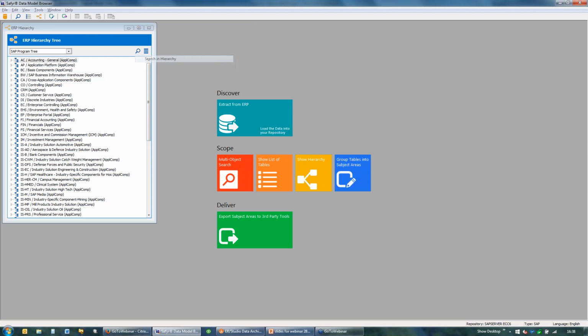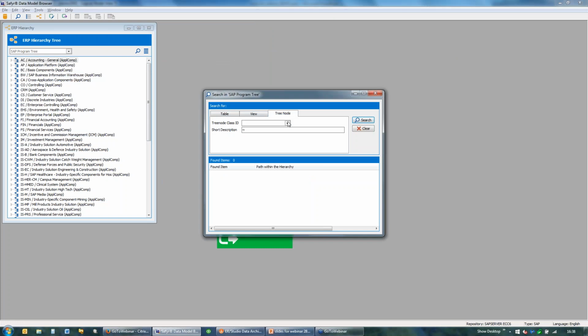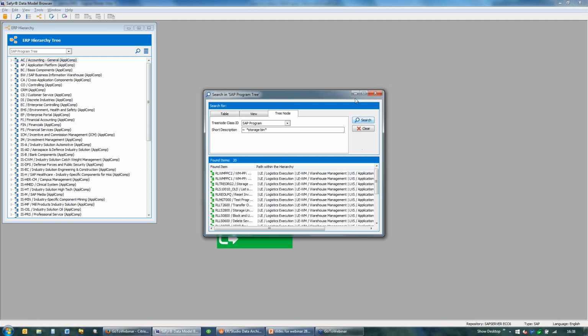So what I can do is a search within that hierarchy, and I can search for things like transaction codes, T-codes. Lauren mentioned this. I can also search for actual programs. So rather than looking for tables, I'm going to look for any program that's got storage bin somewhere in its title. And you see it comes back with a bunch of tables,